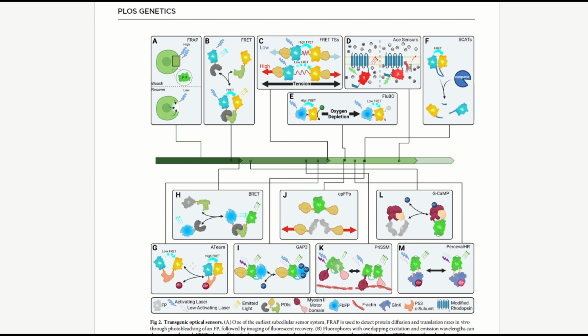The Transgenic A-team sensors utilize modified ATP synthase, epsilon subunit, transversely terminally fused to a donor and acceptor fluorescent proteins, such that binding to ATP or magnesium ATP brings the fluorescent proteins into proximity, whereby increased FRET efficiency can be detected. Next subsection,